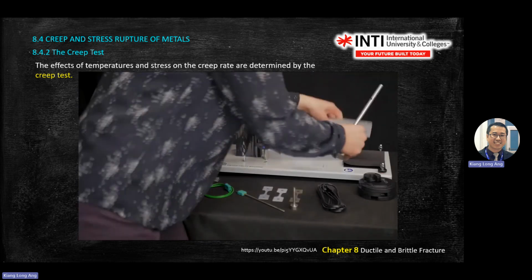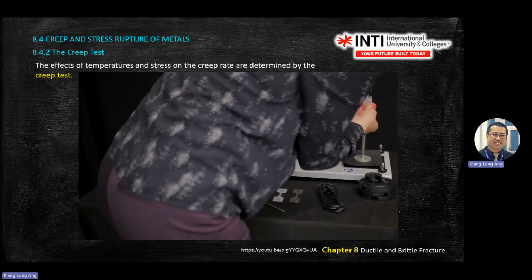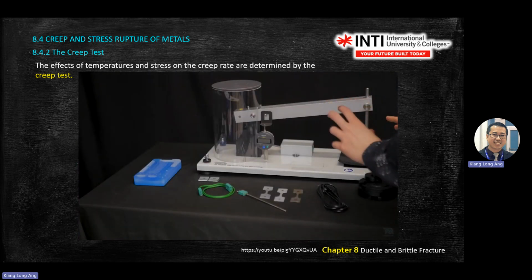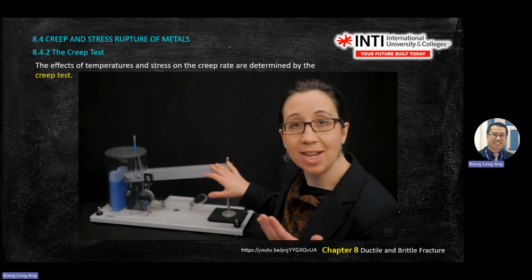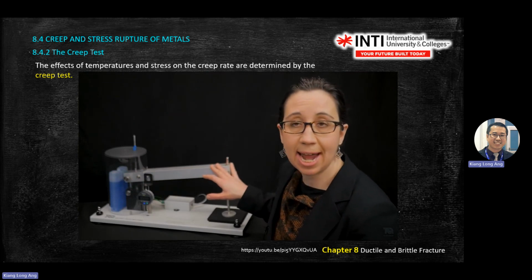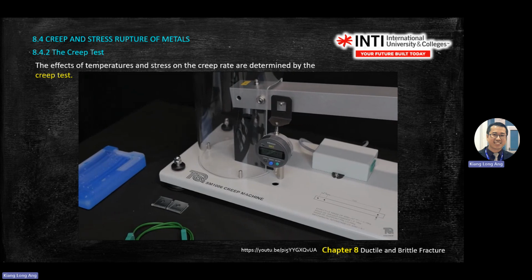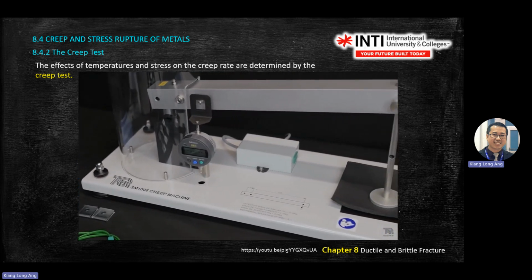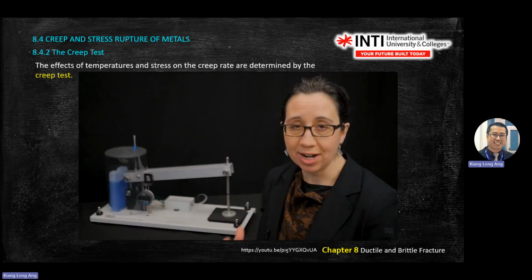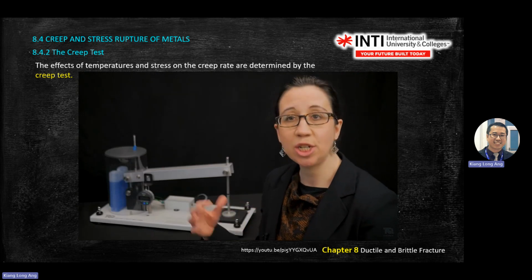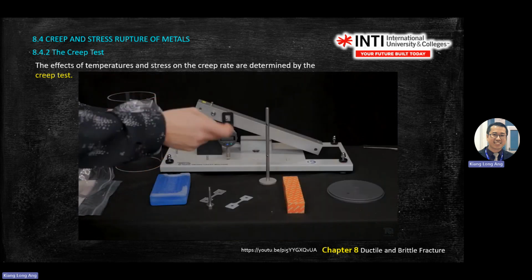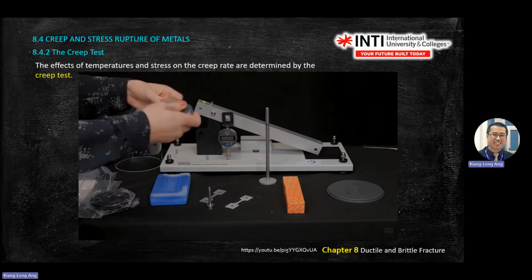Let's take a closer look at the creep testing machine. Here is a long lever, which is also referred to as the load beam. This has a mechanical advantage of 8:1 with a pivot point at this end. This pivot is a bearing for very low friction. At the short end here, students fit specimens, and at the other end of the load beam, loads are applied